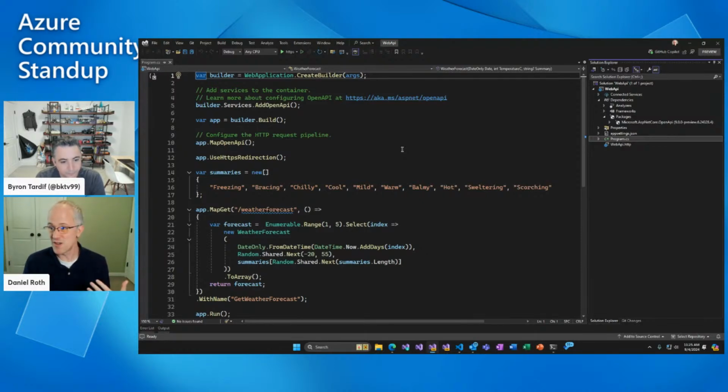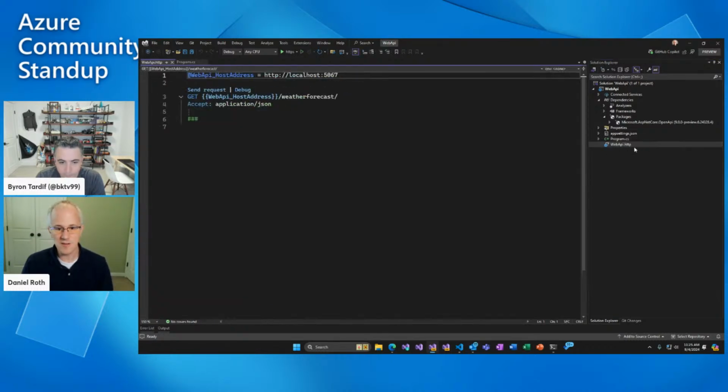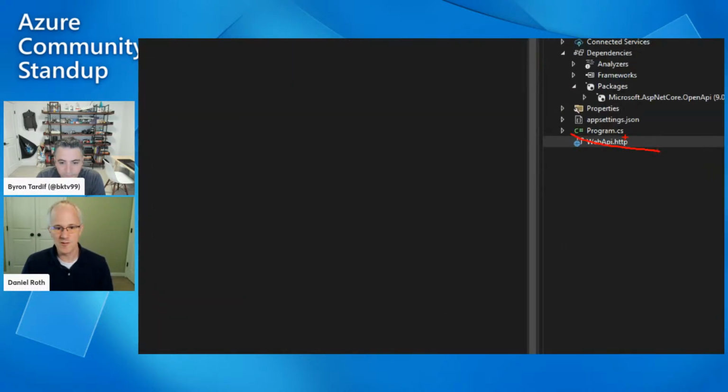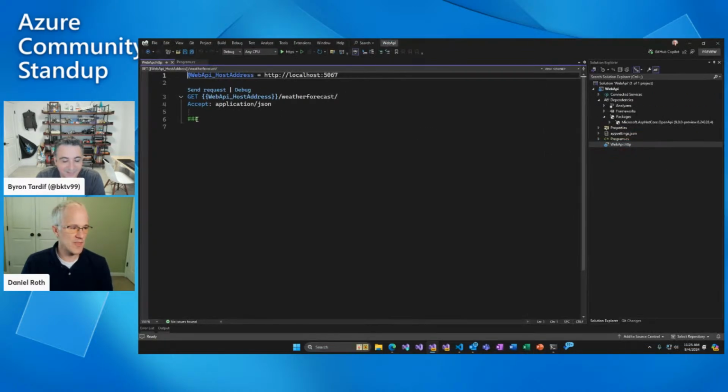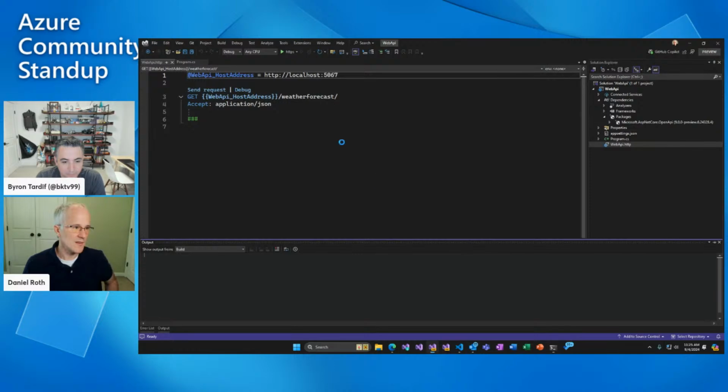But there's actually a bunch of features already in VS for testing your API endpoints that you can just use instead. Like you'll notice there's this HTTP document sitting over here in the Solution Explorer. That will open up this file, which has some templated-out HTTP requests that you want to send to your API endpoint. So if I get this running,